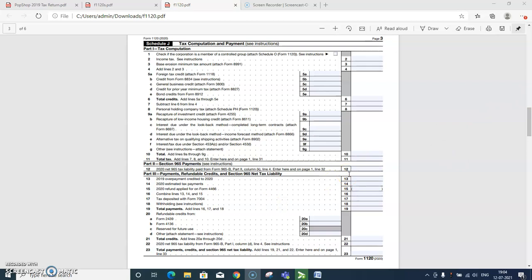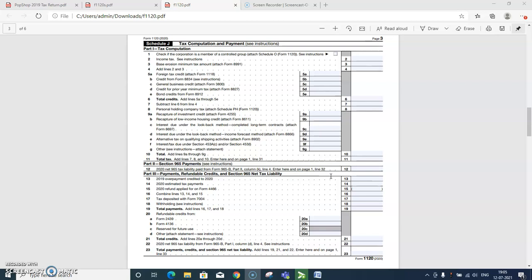On the dotted line next to line 11, specify A, the applicable code section number, B, the type of tax number, C, enter the amount of tax. For example, if the corporation is deferring $100 LIFO recapture tax, subtract this amount from the total on line 11. Then enter section 1363 deferred tax $100 on the dotted line next to line 11.